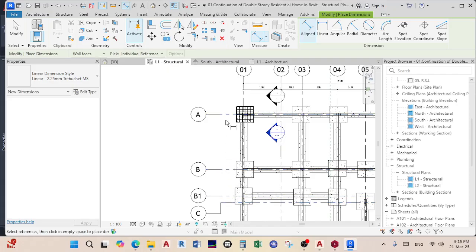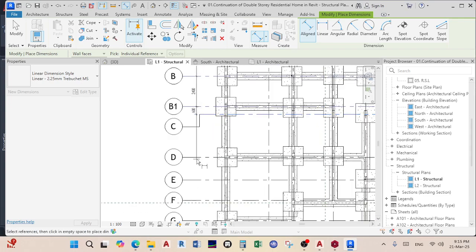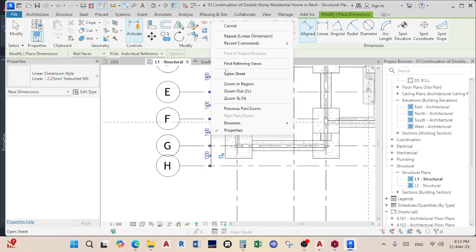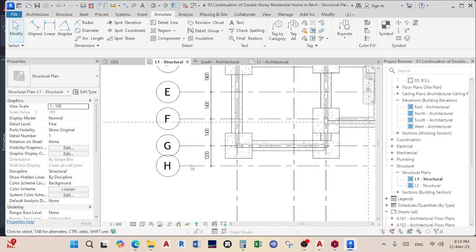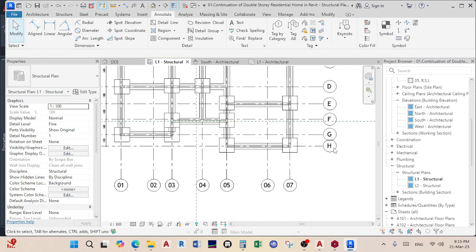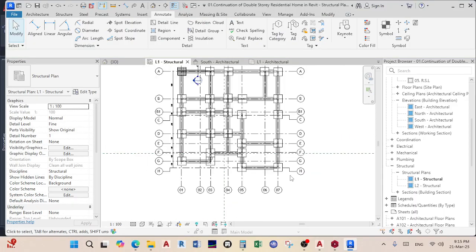Go back, click that, B, B1, then C, then D, then E, then F, G, then H, and then put it over there. We do not want this, I will break it, like that. And then I can imagine it's the same on the other side. I'll break it and just do that, like that. Okay,